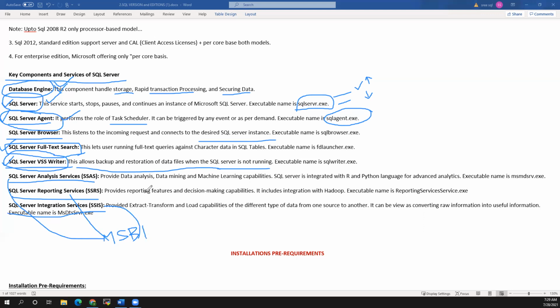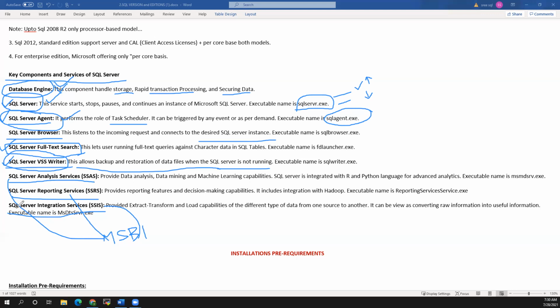Generally, people who want to do some analysis on the data will be using Analysis Services. SQL Server Reporting Services is for reporting purposes. People who want to do reporting on our SQL Server can use Reporting Services, which is like dashboard kind of things. Higher management people want to see what is happening in the company, what our business growth is, or some kind of report, and they can see it using an SSRS report.